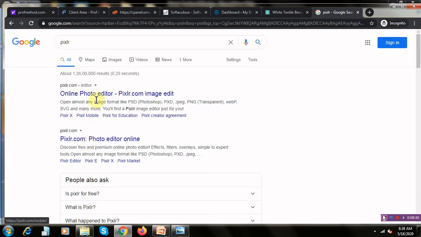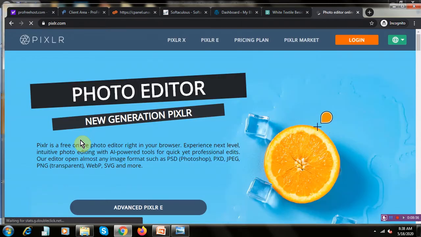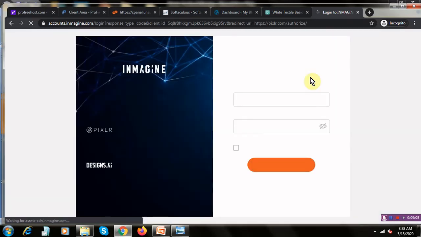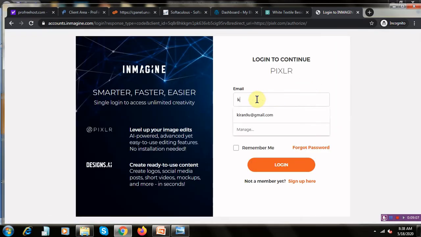So here is pixlr.com, click on this. Log in. I have my own login ID, or if you do not have a login, you can go ahead and sign up for the same. So I have this email ID.